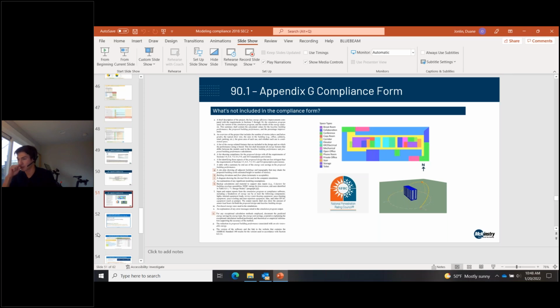So, some things that are not in the form are space and system maps for your energy model, and NFRC reports for glazing assemblies, which you can't include in the form, so those need to be submitted as well. A site shading analysis needs to be submitted. Those are just some examples, not everything, but it's a way of double checking that you've done your diligence on supporting or providing all the required documentation.